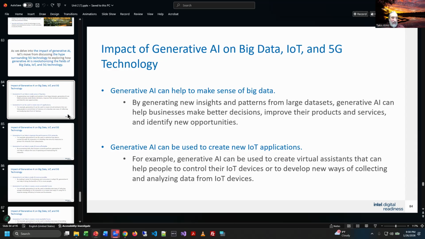When you start to combine all these technologies together, this is really where it gets powerful: the combination of the data and the IoT and the 5G and all of those things working together. We can use the tech then, right? If we can take our generative AI and apply it to handle all that data that's being generated, now we have some true insights that can happen. We can come up with brand new ways to do things.